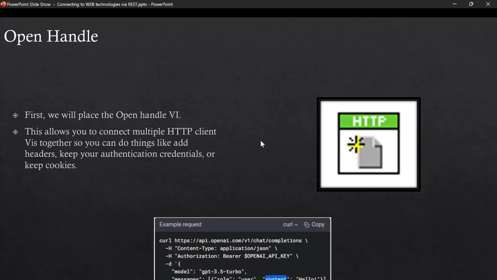So the first thing we're going to use is an Open Handle VI. You can find that in that HTTP Client palette. What this does is it allows you to chain a bunch of the HTTP functions together. So you can configure a combination of API keys, headers, whatever it might be, before you actually execute your HTTP